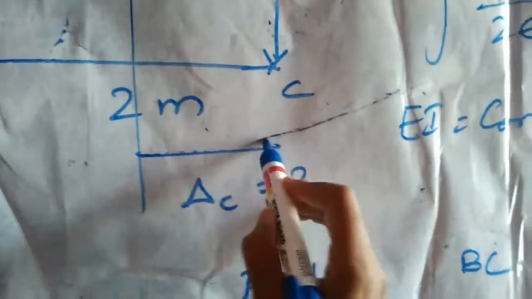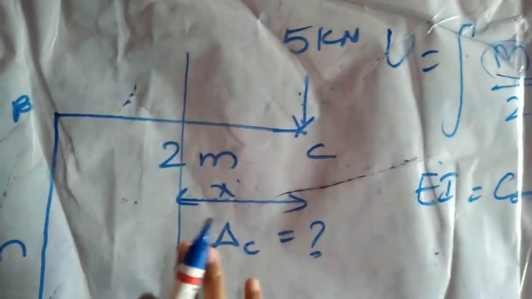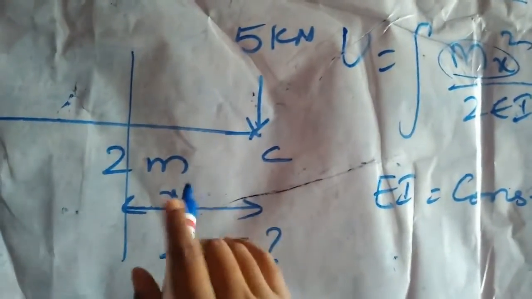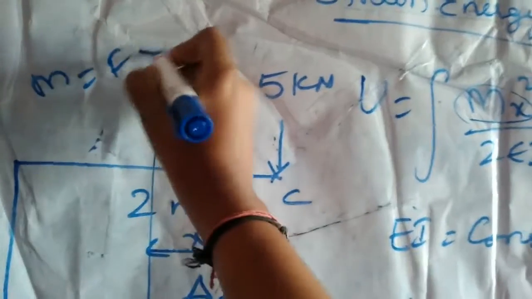And for the BA portion, B is the origin, from which we take the measurement. So for BC, it will be 0 to 2 meters of the span, so the limits will be 0 to 2, and here also it is 0 to 2. Like this we have to write. Then come to the moments. How are we going to calculate these moments? Here this is the x distance. Somewhere in this portion of the beam BC, I am taking some x distance from the free end as the origin. So what will be the moment? Moment is force into perpendicular distance.